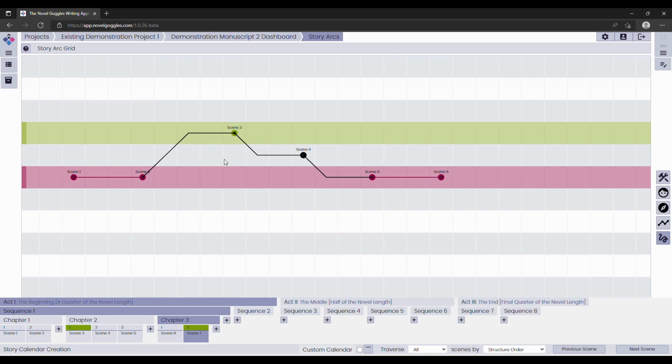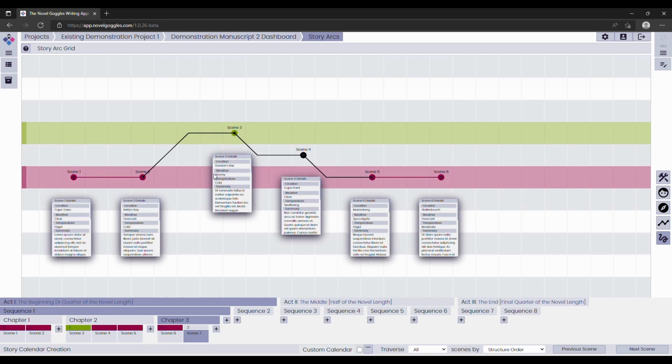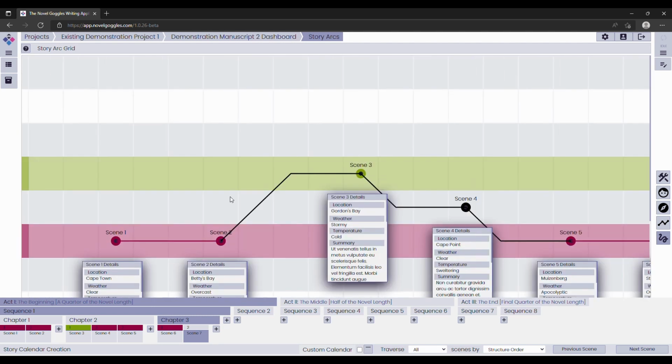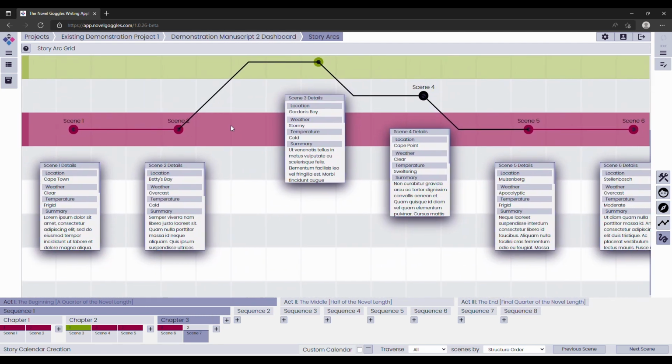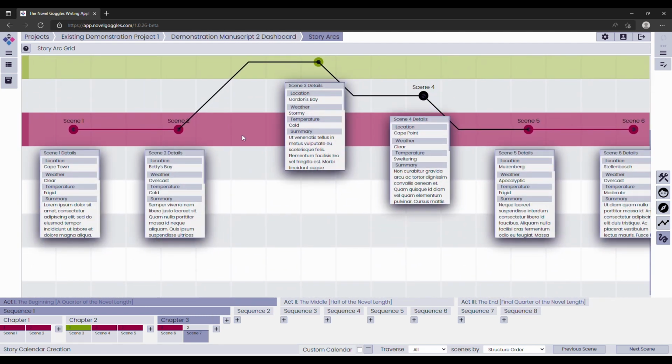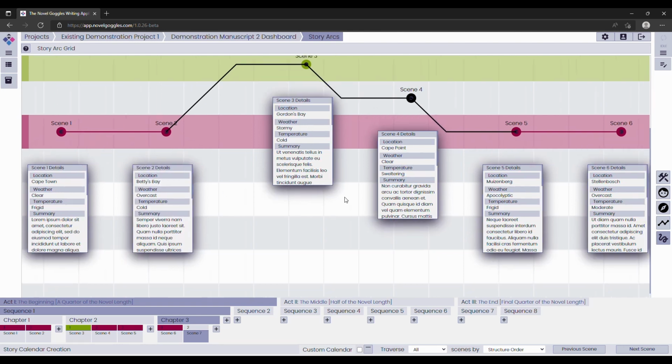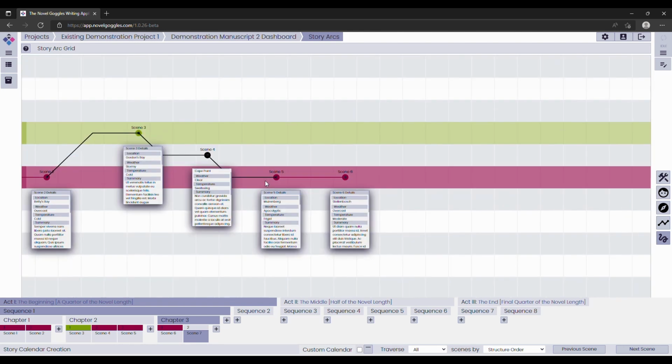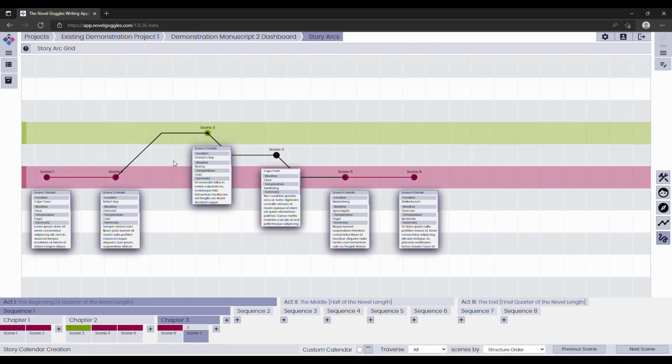Clicking on a shaded story arc row will make a specific story arc order active. The active order will start with the leftmost scene in the clicked story arc row. Each next scene in the story arc order will get an overlay showing the scene details. This will follow the story arc order on all divergences and merges going forward from that initial scene, so that even scenes in other story arcs that are linked from scenes in the active story arc order will have their